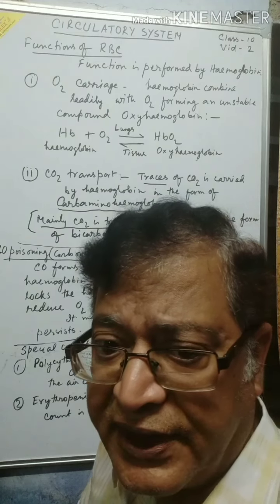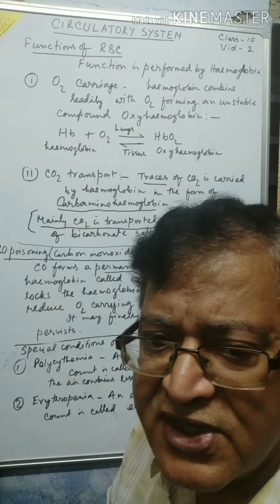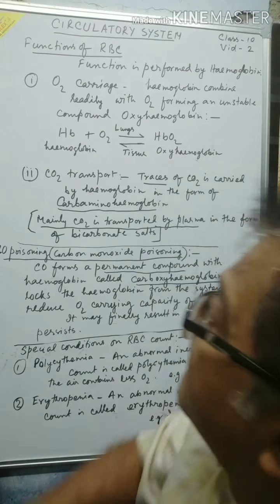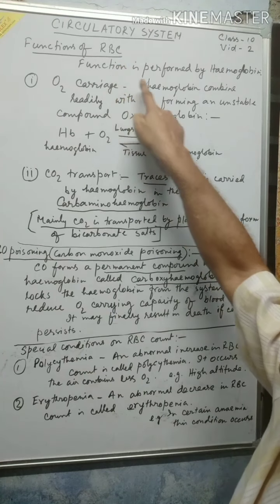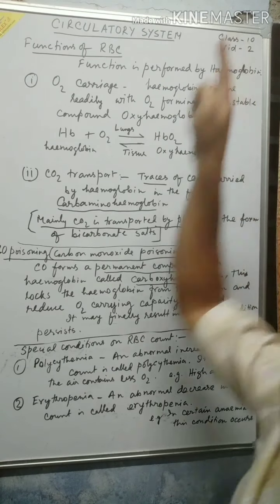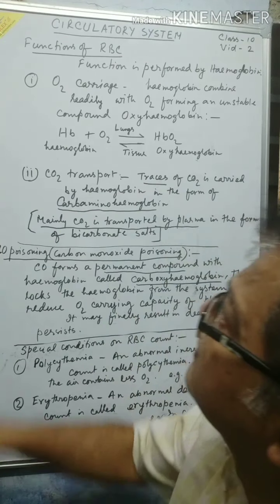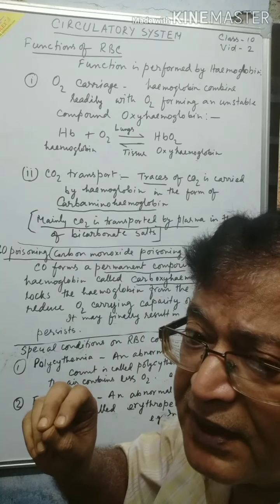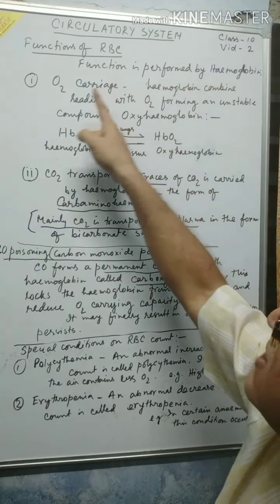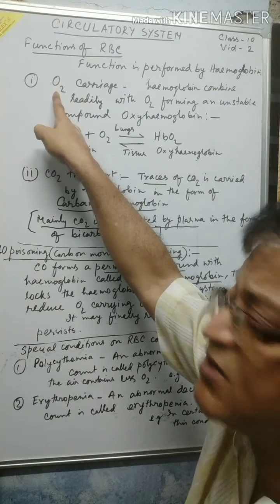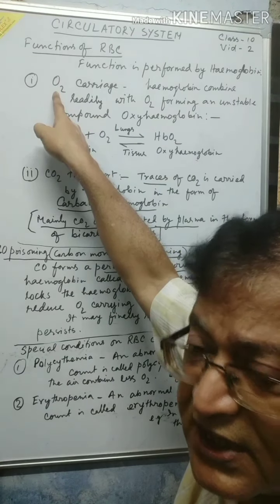Today I am going to continue teaching on red blood cells, where the functioning of red blood cells is being explained. Functions of red blood cells or RBC. This function is performed mainly by hemoglobin, the iron pigment hemoglobin that I told you about in the last video. Hemoglobin contains the iron pigment, hemin, and a protein called globin. This hemoglobin has a great affinity with oxygen gas. So therefore, hemoglobin is mainly responsible for oxygen carriage.